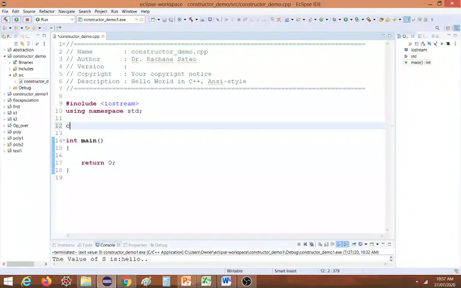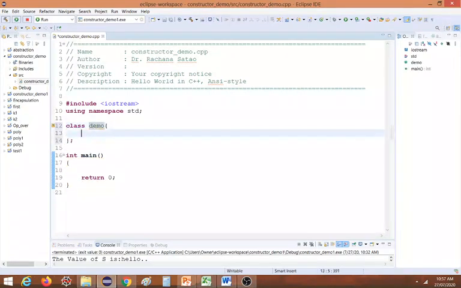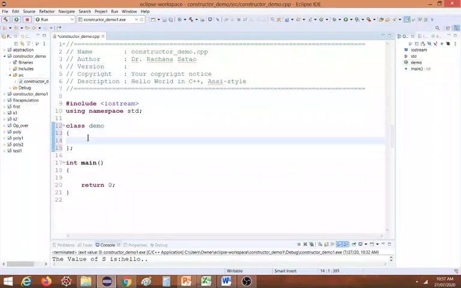I will start with a class demo, which will have a demonstration of constructors. As the name of the class is demo, the main thing you should remember about any constructor is that the constructor does not have a return type.